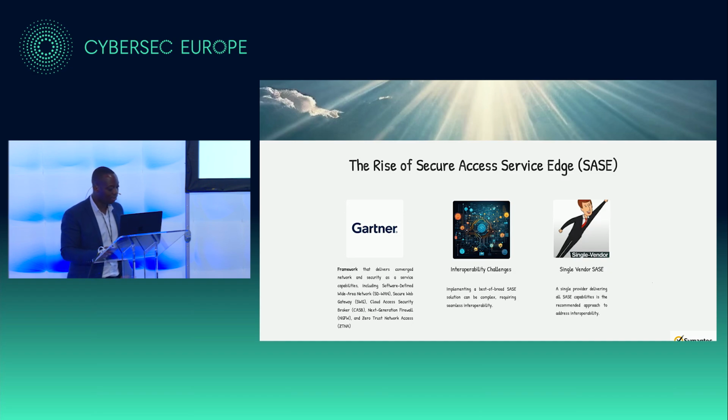But at the beginning of this new concept of SASE, Gartner only said you need SASE, and you need this technology to make sure that SASE will work. So what did the companies do? They usually took the Gartner report and said, who is the best in the right corner? So companies started buying solutions from the best of breed. They have the ZTNA solution, they have a secure web gateway solution, and they have a DLP solution,